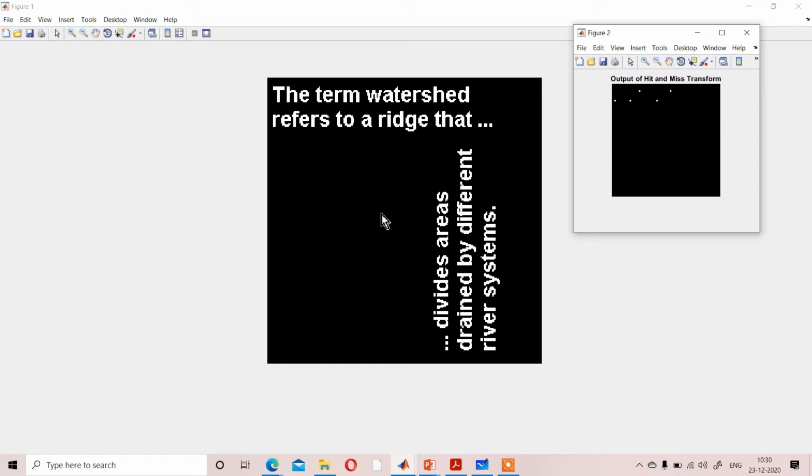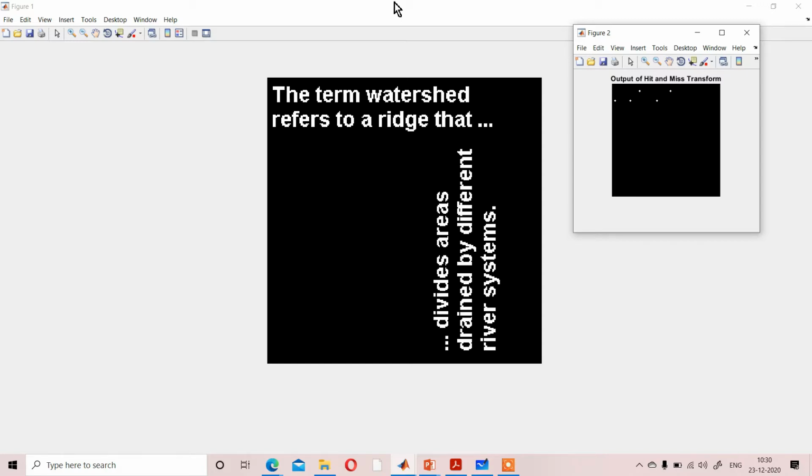Okay. So this is basically the hit or miss transformation that is used to find some common spot over the image. Suppose you are trying to find pixels considering a pixel intensity, suppose 250 pixel intensity, over an image.